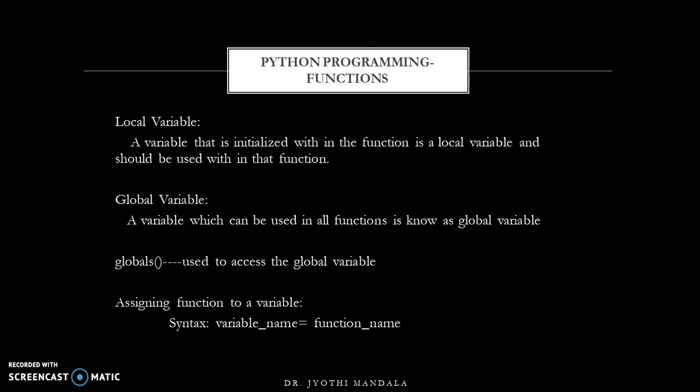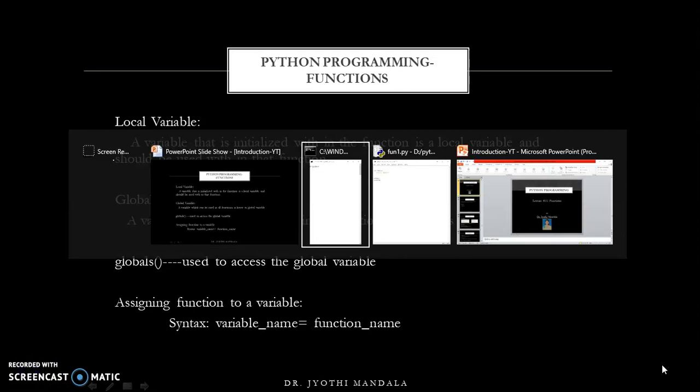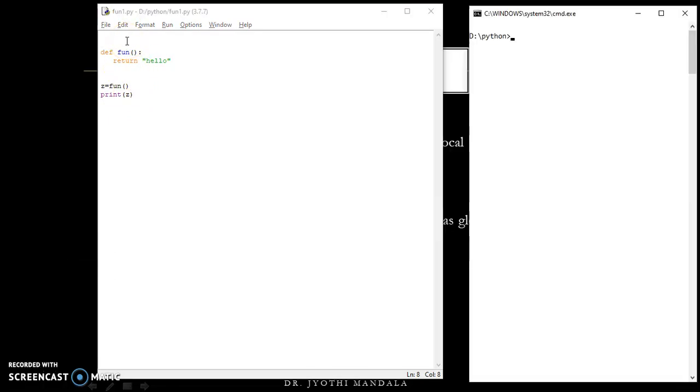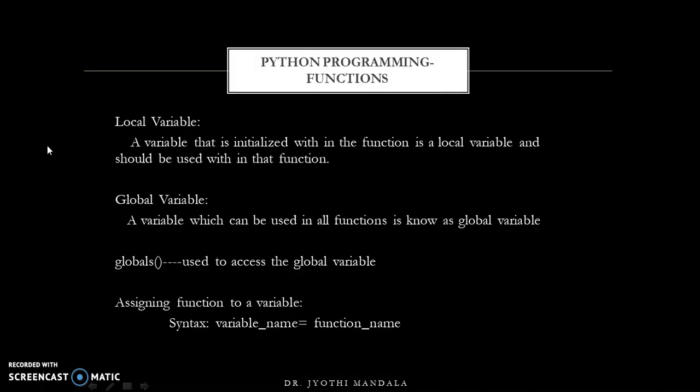And we can assign a function to a variable also. Right? How that can be done, I'll show you with a simple example. Now if you see this example, I have taken a function fun and a simple return statement is there. Now this fun is assigned to a variable called z, and simply by calling this z, this function will be called. So to check this output, let us run this program. Now if you see, you will get an output called hello. That's it. Right? So I think this is clear to all of you.